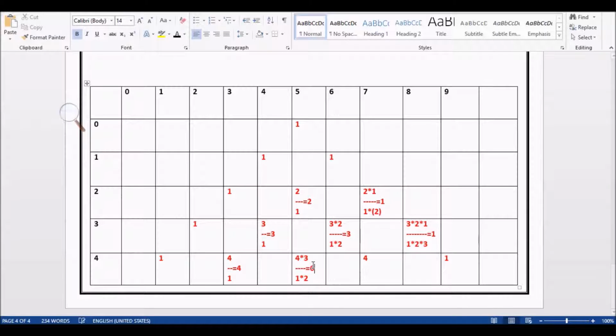That will be 6. Okay, for this value what we are going to do: 4 into 3, so we decrement by 1 now, and we divide it by the previous value, that is 1 into 2 into, and again we increment by 1. Sorry, that is going to be 3. So its value is 3 into, so this will be cancelled, and here the value is equal to 6.